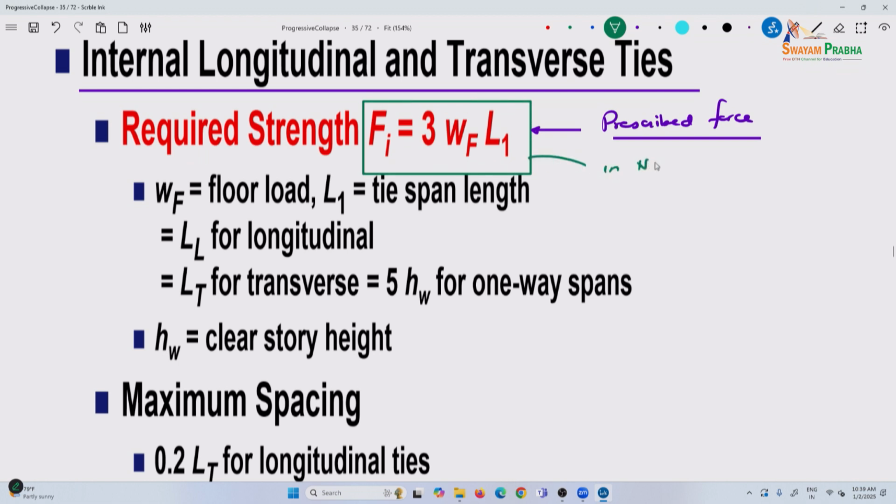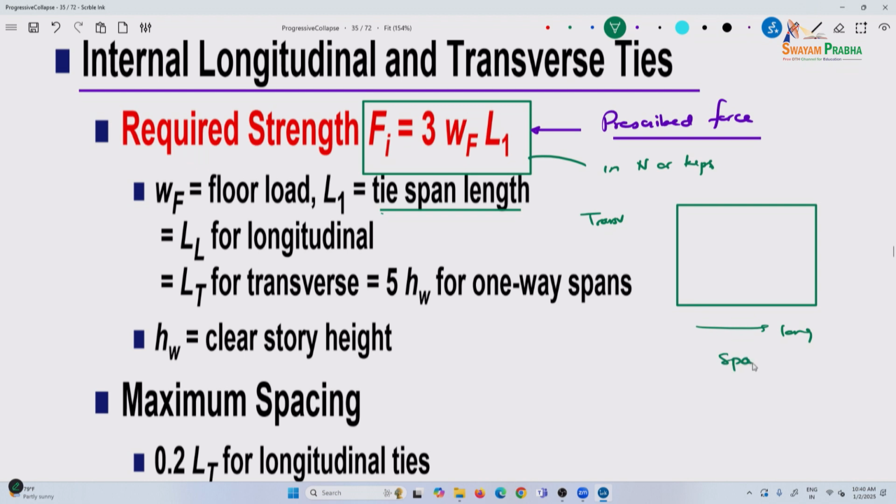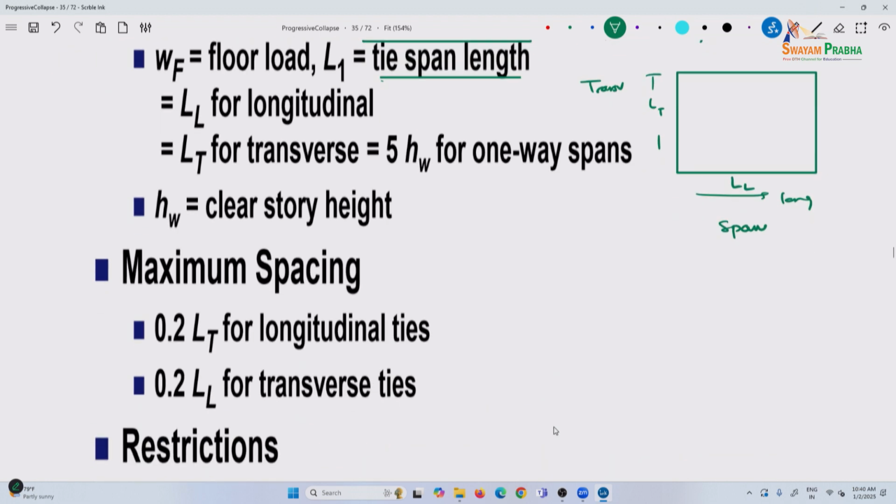in kips or in newtons. Wf is the floor load, and the tie span length. So if this is your longitudinal and this is transverse, this is your span length. So LL for longitudinal, LT for transverse, say this is LL and this is LT, and 0.5 Wf for one way spans. And the maximum spacing